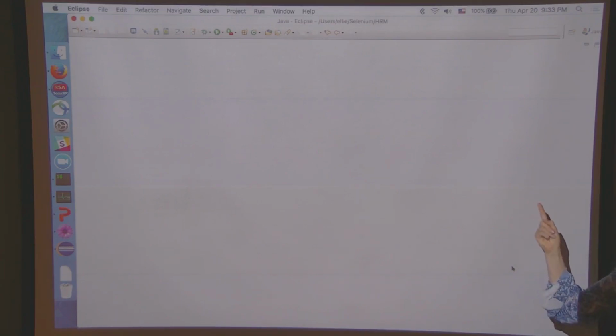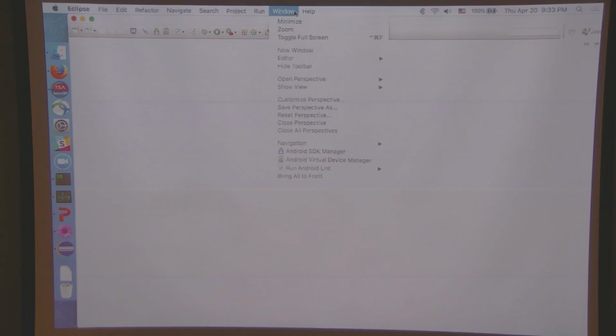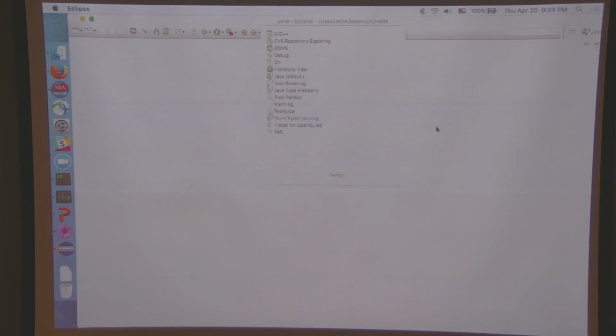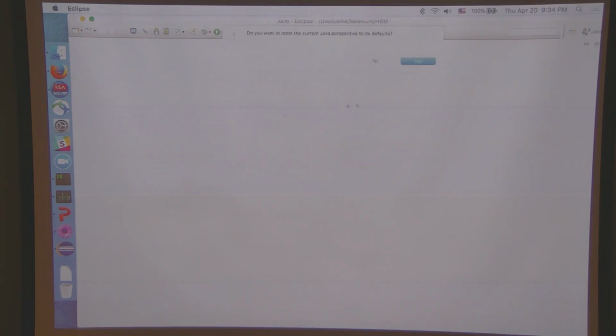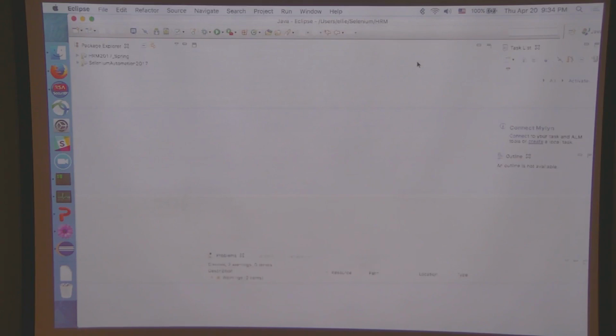All right. What do I do now? Not a big deal. You're gonna go to Window, and then you have Show Perspective, right? And then if you go to Other, you have all these perspectives, all right? So you can just select Java, Default, and OK. And then you're gonna say Window, Reset Perspective, and everything is back.